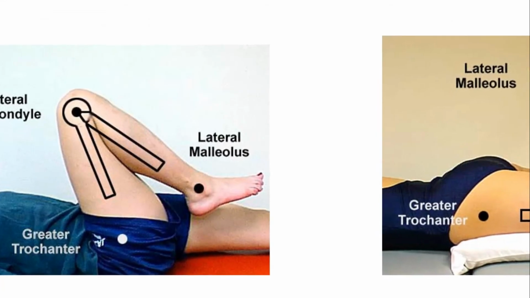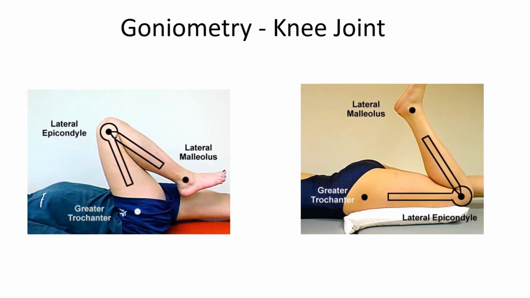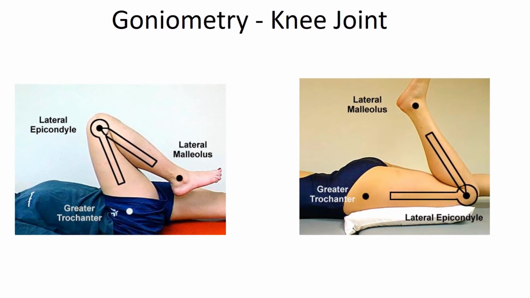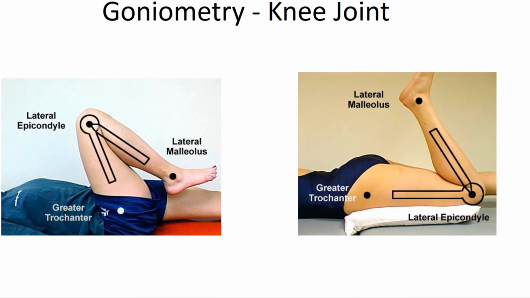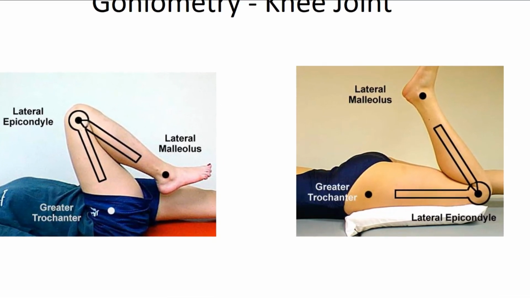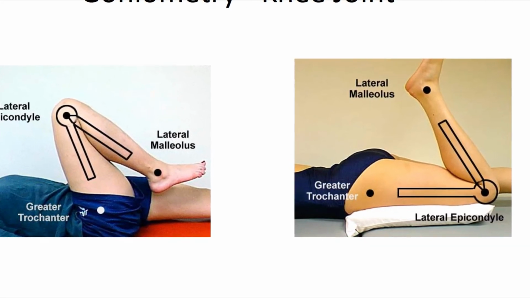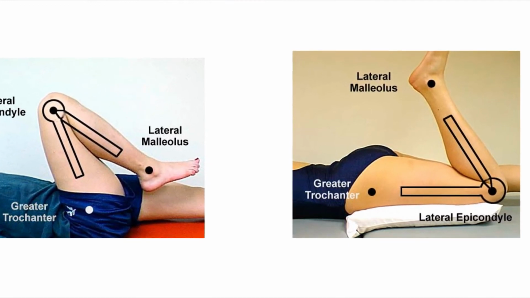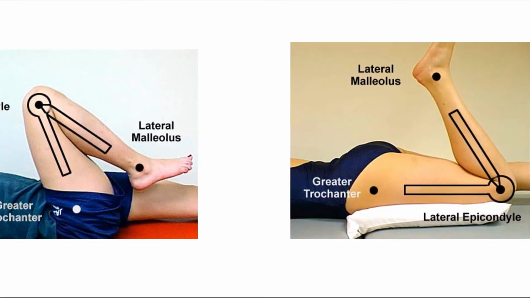Measure range of motion of knee flexion and knee extension by using a goniometer. Goniometer alignments are: center fulcrum of the goniometer over the lateral epicondyle of the femur. Align proximal arm with the lateral midline of the femur using the greater trochanter for reference. Align distal arm with the lateral midline of the fibula using the lateral malleolus and fibular head for reference.